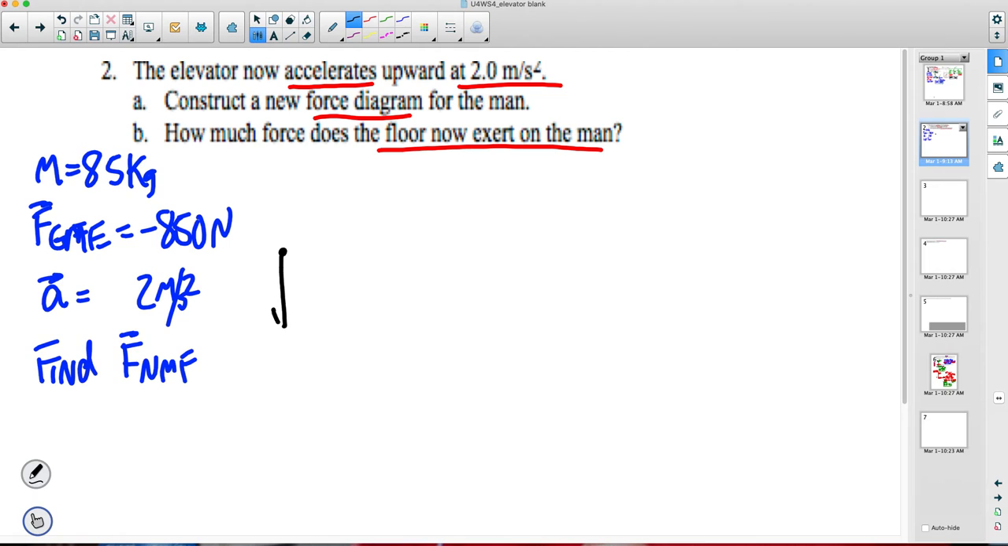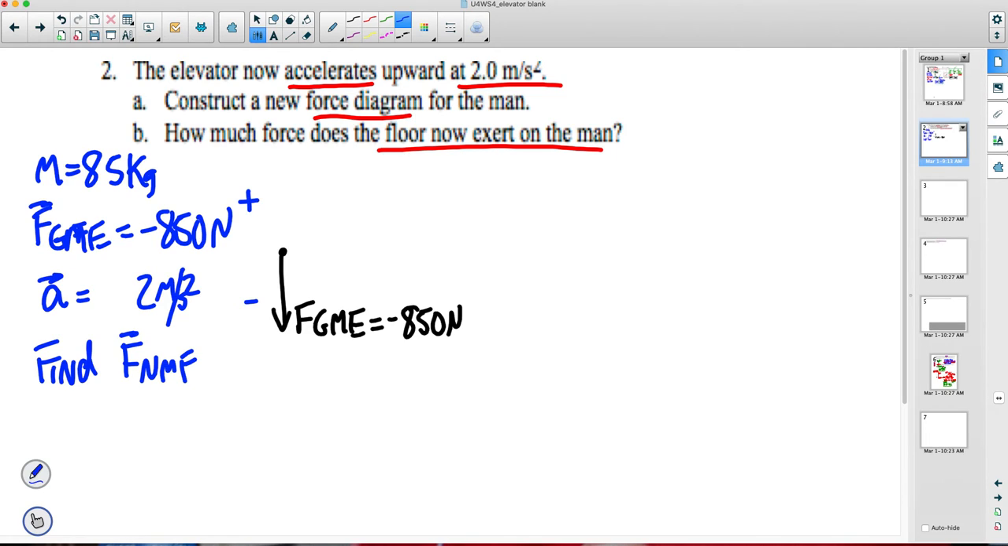The weight of the man has not changed. So the force of gravity on the man by the earth is still equal to negative 850 newtons. Now, what about the normal force? If the man's accelerating upward, if we decide that we're going to define direction on the force diagram the same way, and down is negative and up is positive,